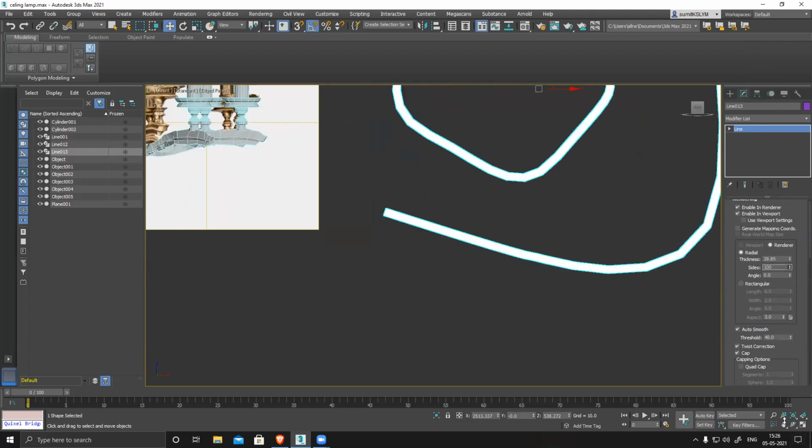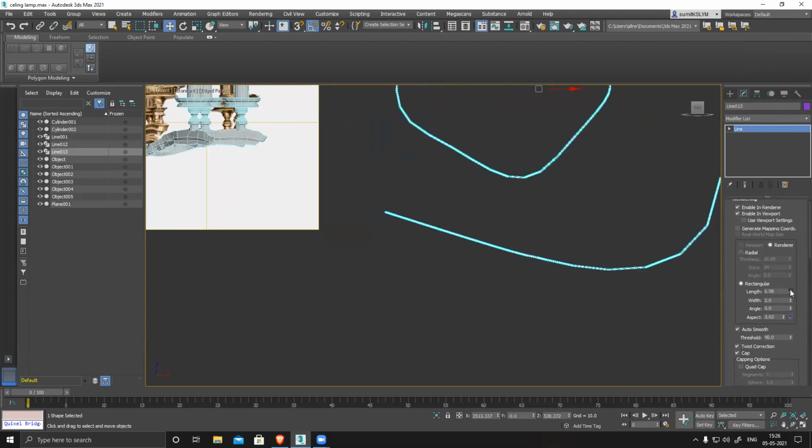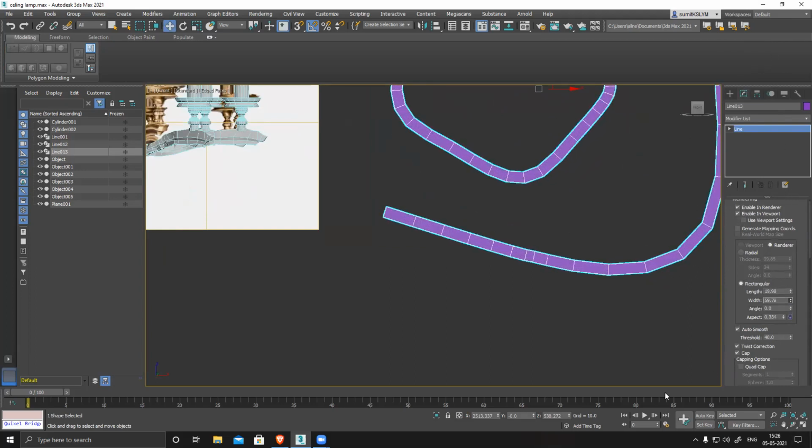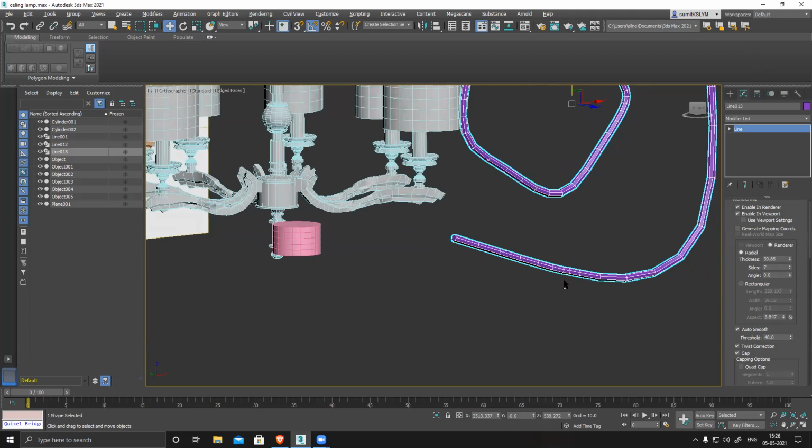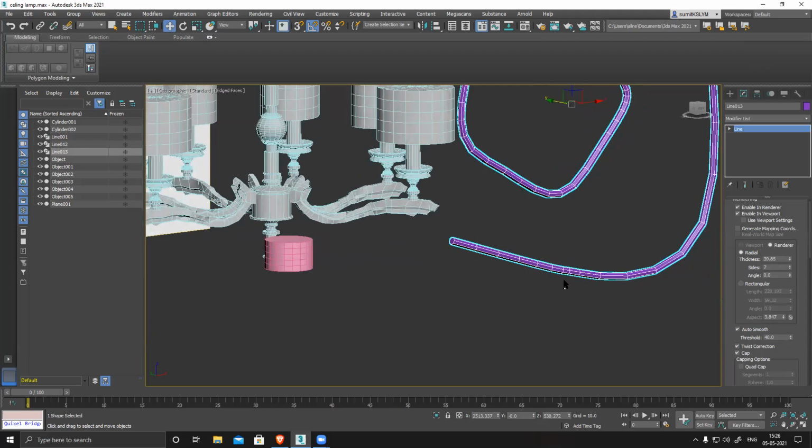Sides can increase or decrease, right? Or you can create radial or rectangular. Length, width, all these things you can change and create this. So basically you have to modify all these properties, all these parameters, and create it according to your requirement.